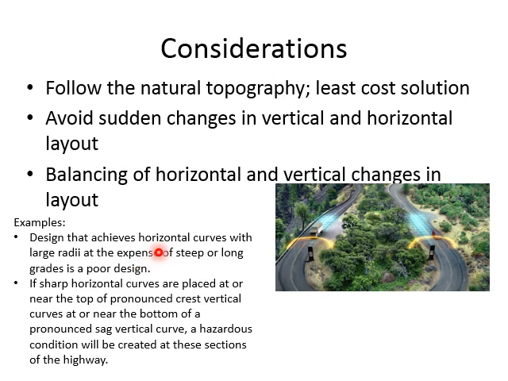For example, you are trying to achieve horizontal curves which have a large radius, so that it's easier for the driver to go over the curve. If you have a large radius, it's a flatter curve. But by doing that, you are providing a gradient which is very steep or very long for the driver. Obviously you are trying to increase the speed, but at the same time you are giving him such a steep slope that he will not be able to maintain the speed. Secondly, if you provide a sharp horizontal curve near the top of a vertical curve, it becomes hazardous. Why? Because on curves the line of sight of the driver is restricted.